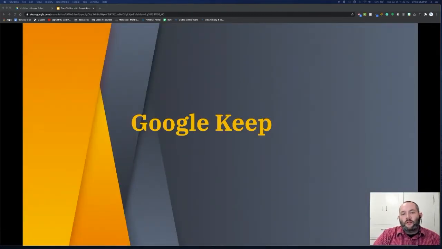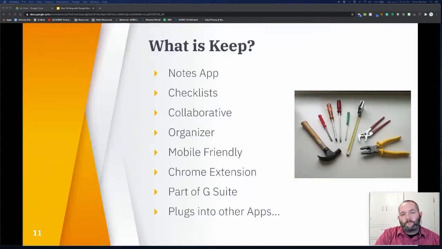So let's talk a little bit about what Google Keep is and what it can do for you and your students. Google Keep in its most basic form is an app for taking down notes, storing ideas, creating checklists, and kind of organizing things. However, when you look deeper, you'll see that the tool can really help students organize their thoughts and arguments and can even be used in a collaborative way.